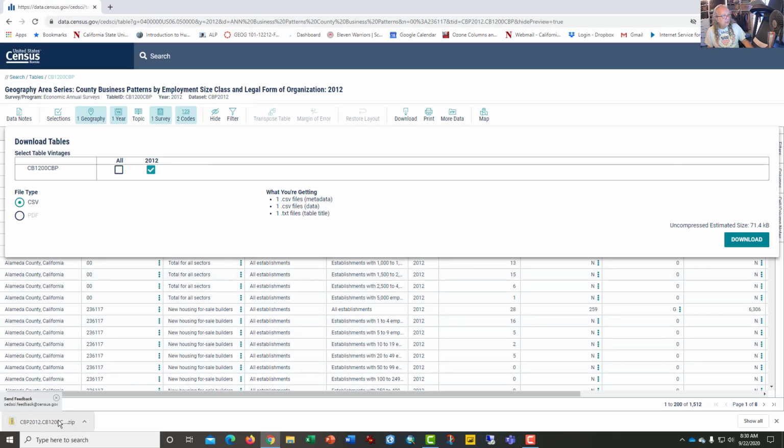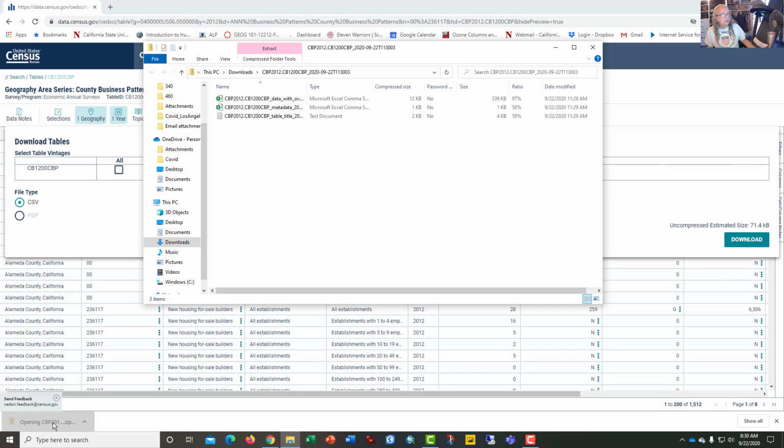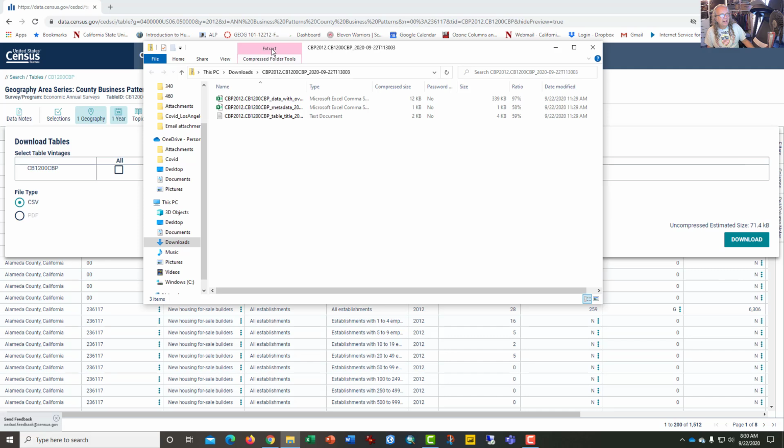And here it is over in the lower left-hand corner. Once it stops blinking, I can click on this and it will open a File Explorer window. And we could extract it all, but these two smaller files are metadata, and we don't need